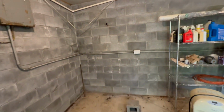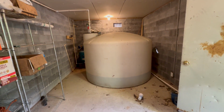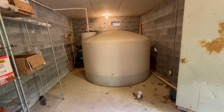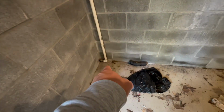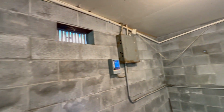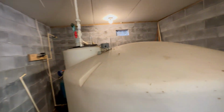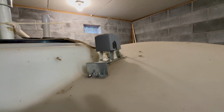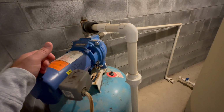But, so you got this block room down in here, and there's like I don't know how many gallons that is. I'm going to assume that's probably 1,000, 1,500 gallons. But it comes out of the well down here through the, you know, that's the water line. Comes up, you can see how it's piped, and there's a pump protector or whatever. Comes around here, you see the pipe. Well fills up this tank here, and I'm no plumber, but I'm going to tell you the best I can. Here's the pressure switch. And then I guess this is the pressure tank here for the well, and then a jet pump that,